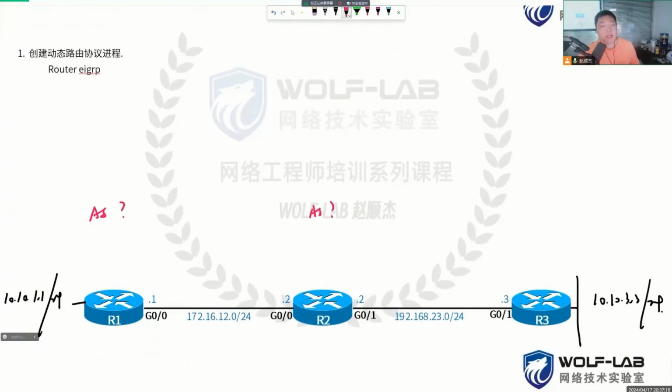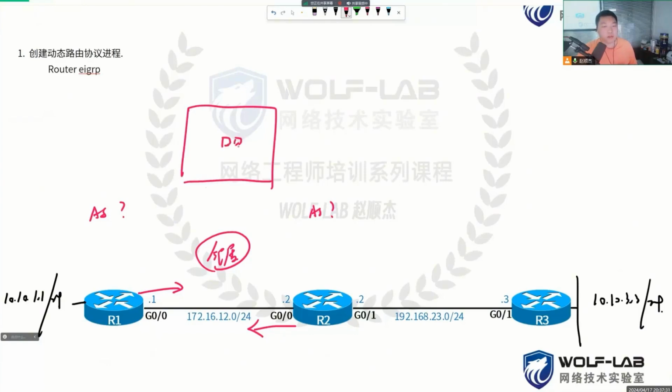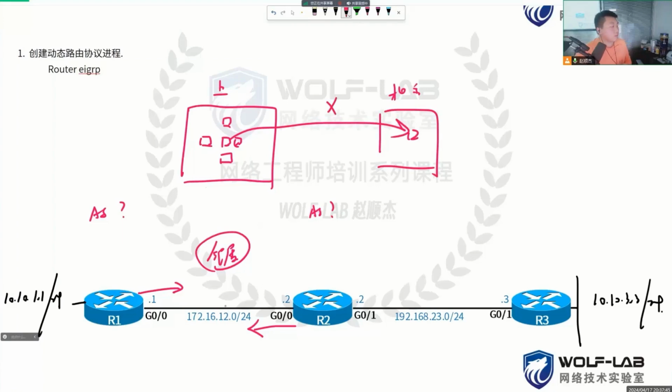can you two become neighbors? No, right? What is a neighbor? At least we have to be inside one building, adjacent up, down, left, and right, with two or three gaps at most. You can't say you're so far away and still become neighbors. So what does this AS number judge? We said it is a collection of devices. If we want to become neighbors, we have to live in the same community, in the same building. Suppose we create EIGRP 90,